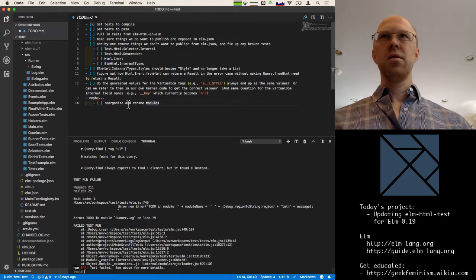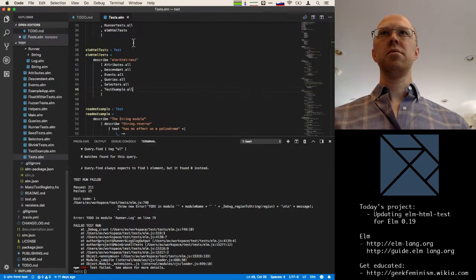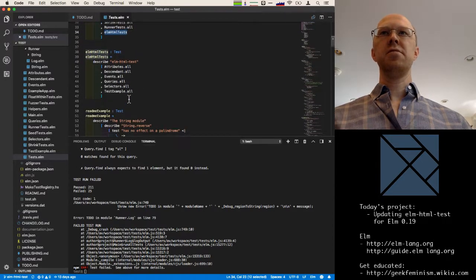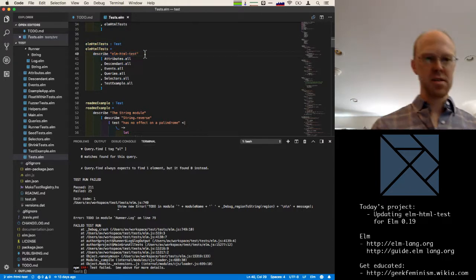So, if you've been following the past couple streams on this, we have this tests.elm, which is listing all the tests. This set of them, the elm-html tests, are ones that we pulled in from elm-html-test.